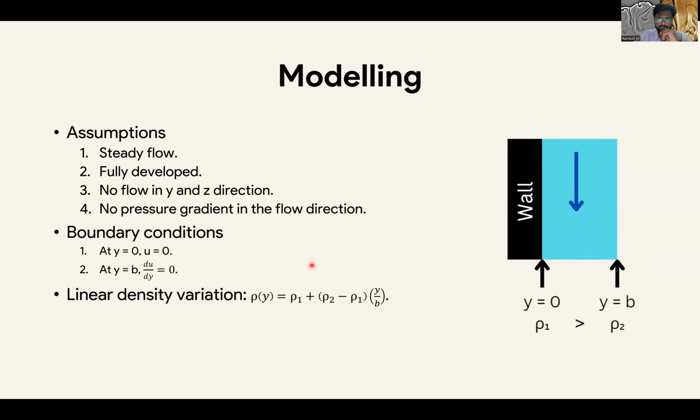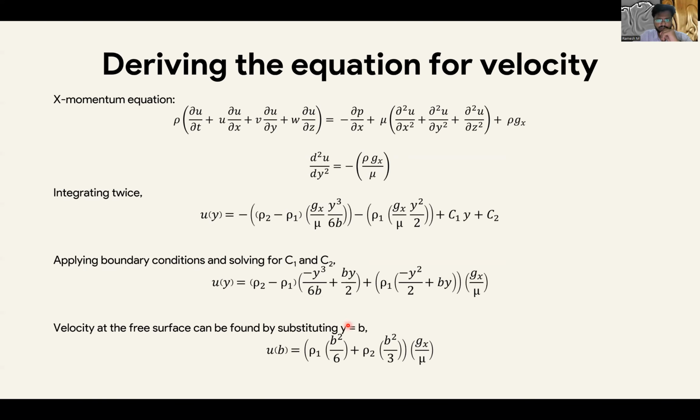Based on the given condition that density varies linearly, from the classic straight line equation y equal to mx plus c, we can derive the equation for rho as a function of y, and we get this equation. For deriving the equation for velocity, the x momentum equation is considered, and from the assumptions it is reduced to this. Since we don't have a pressure gradient, and these terms get cancelled out since it is steady, and rho is a variable,